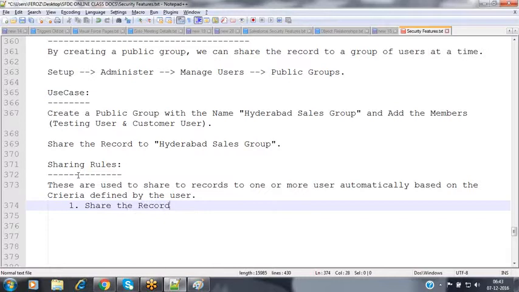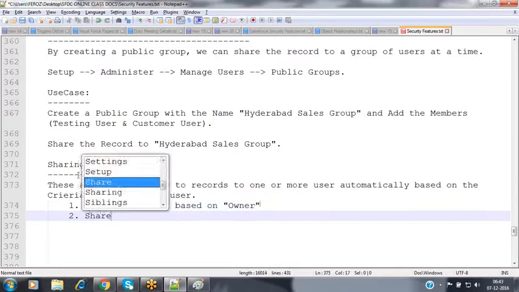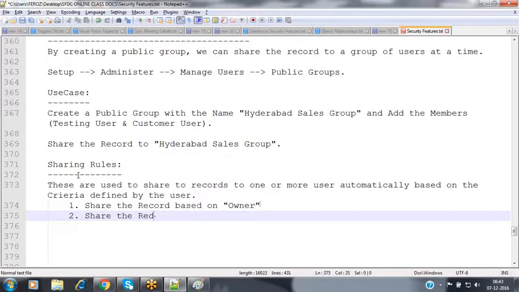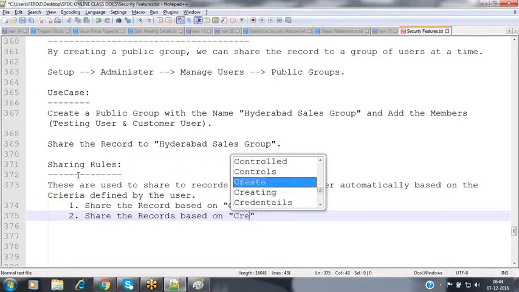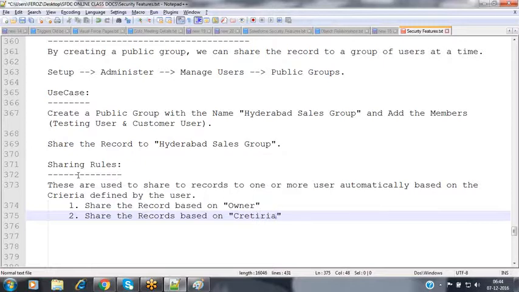We can share the records based on owner. We can share the record based on criteria. Based on criteria defined by the user, we can share that record also here. That flexibility will be available to you over here.